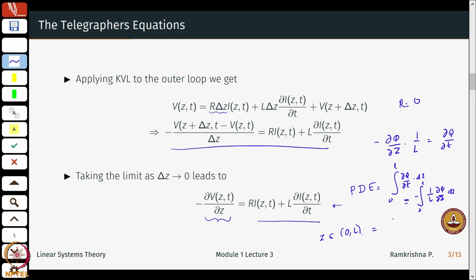So, this will be phi over L with a negative sign from 0 to L. This would be phi over L at z equal to 0, phi over L at z equal to capital L. Okay. So, the conservation law: whatever is happening in the spatial domain is what is being exchanged through the boundary. I can still write the same expression for the energy conservation: the rate of change of energy in the spatial domain, which is between 0 to L, is just what is being exchanged through the boundary.